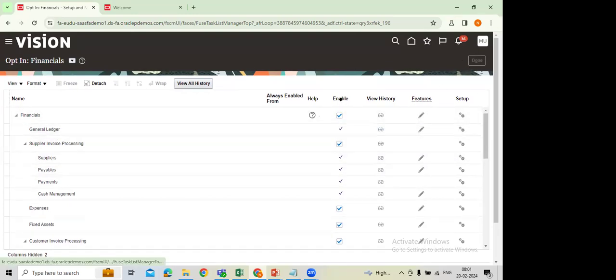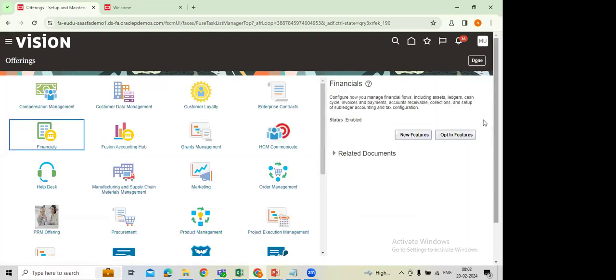Why are these features enabled by default in this instance? Any one of you, please? How will it work in real time? Because we have not opted for the offerings. Basically, as this is a test instance, by default it will be enabled. In real time, you need to enable the respective features you want. It's a test instance, so by default everything is enabled and available here.